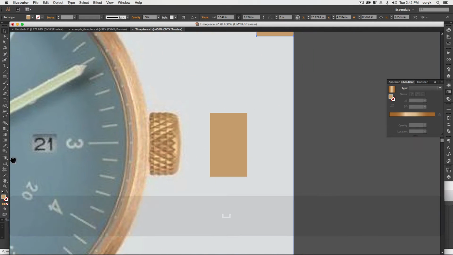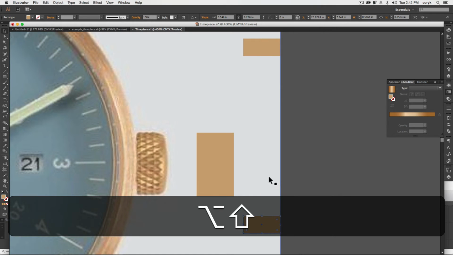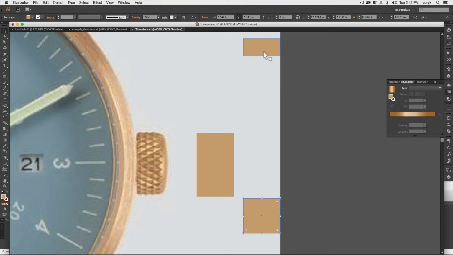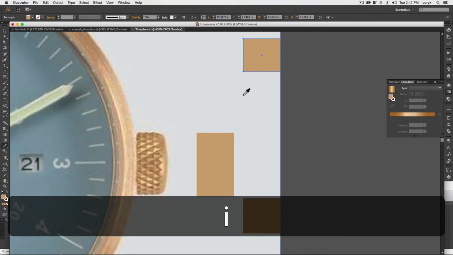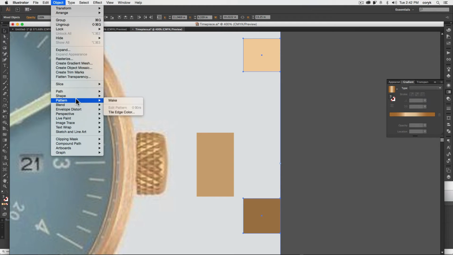So let's zoom in here so you can see what's going on. I'm going to create a V, and that V is going to be a little bit darker. And this will give me kind of a range. So what I'm doing here is a trick that gives you kind of a 5-point value range between values. So I'm going from the lightest point to the darkest point, and then I go to Object, Blend,